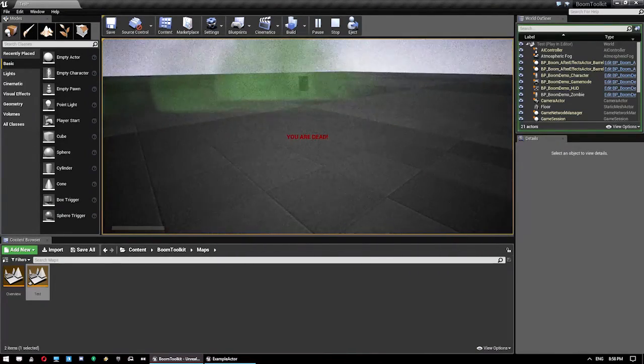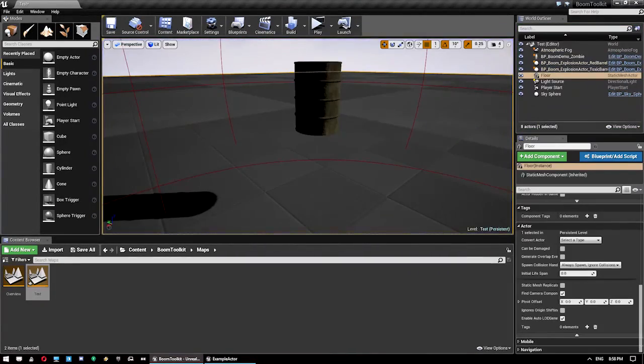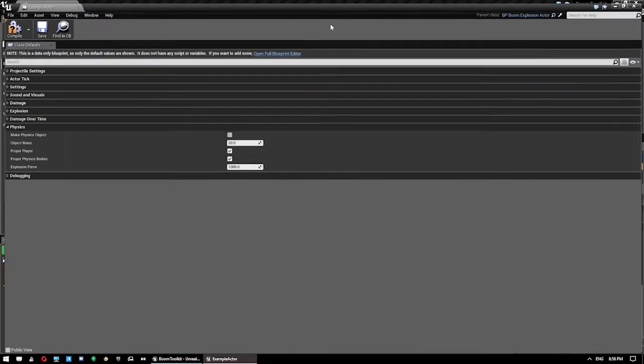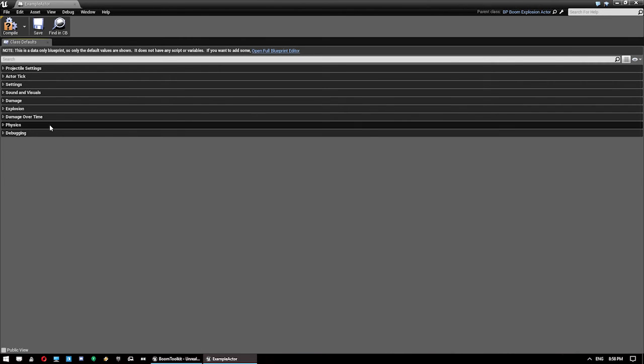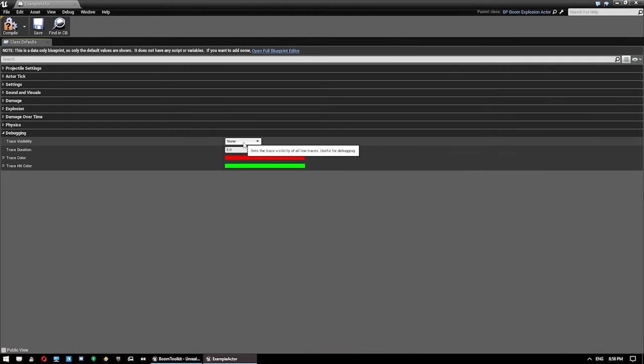There we go, I died, so my explosion was a lot smaller, but you get the idea. So it allows you to explode actors away. And you can control that force with this setting here. There are also some debugging settings, so you can see where it is dealing damage to, what actors it's detecting,